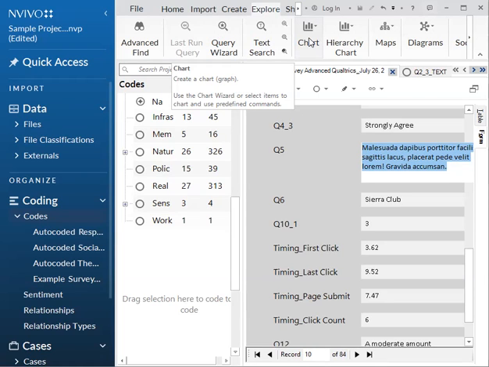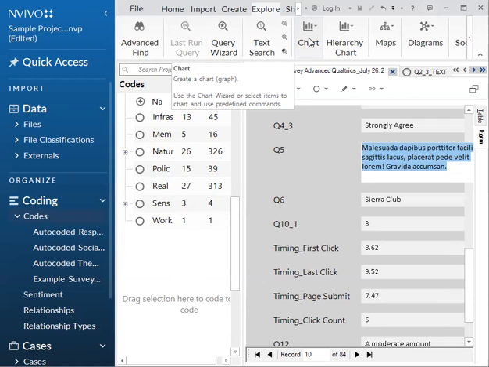NVivo allows users to run queries within specific folders, such as file classifications and cases. So that's the main thing I'm going to be showing you. That can be helpful for survey data because it allows you to run a query within the case classifications we created when we imported our survey data.